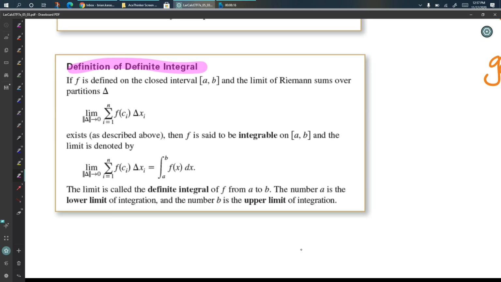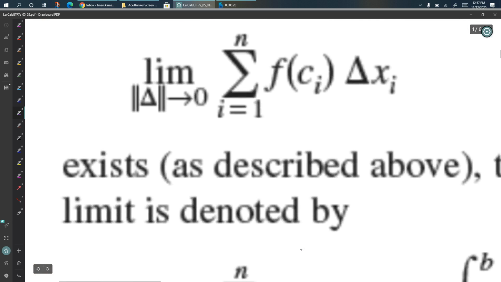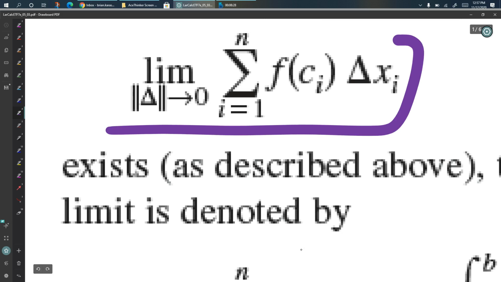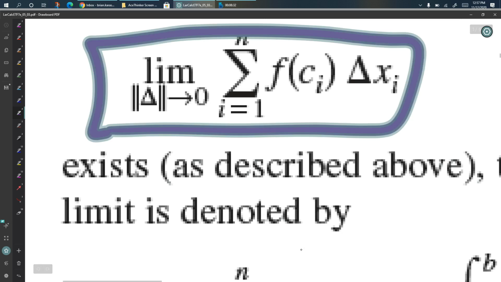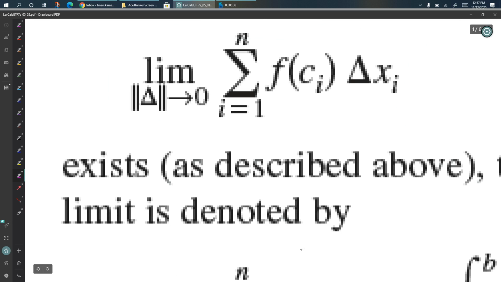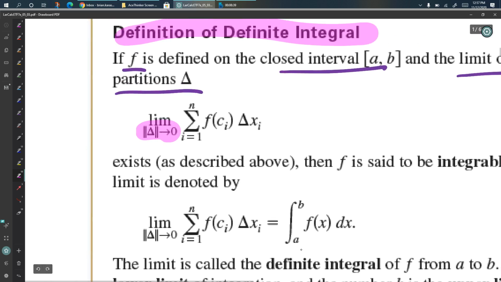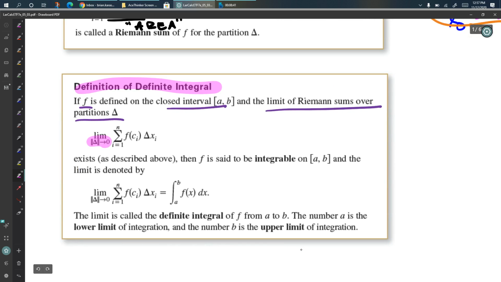Now, if f is a function that is defined on a closed interval [a, b], and the limit of the Riemann sums as the partitions approach zero exists... Okay, so I want to just look at this definition right here. This is the thing that causes people trouble here. They don't like this notation, this absolute value of delta approaching zero. But what is that saying? All this is saying mathematically is